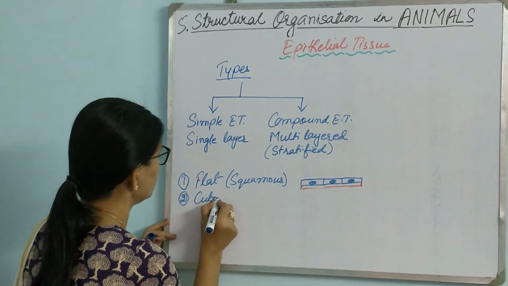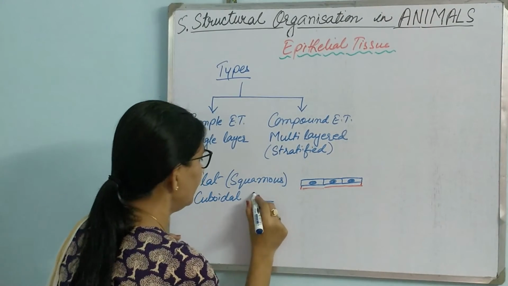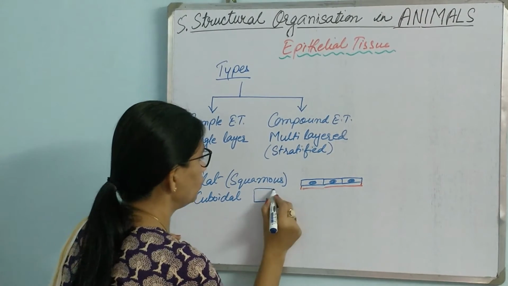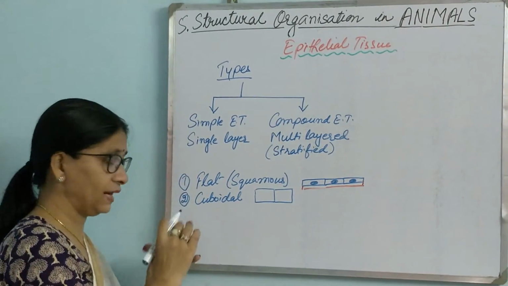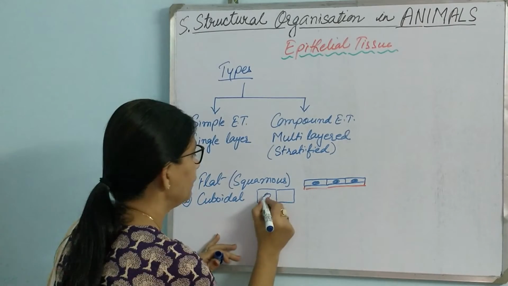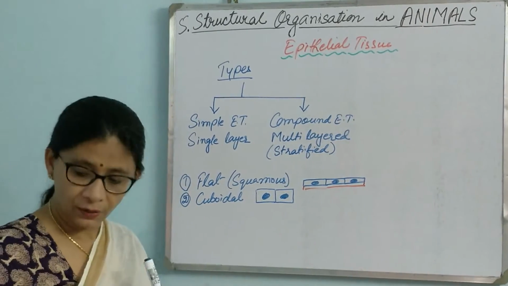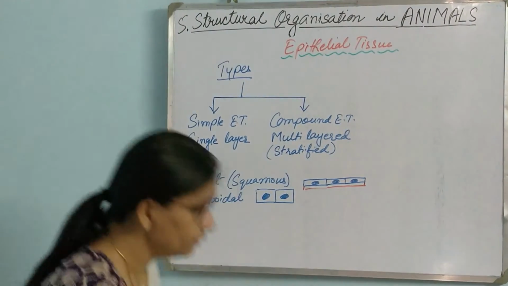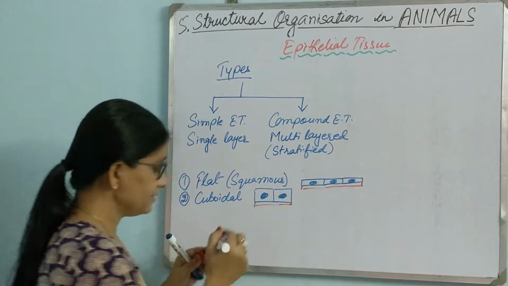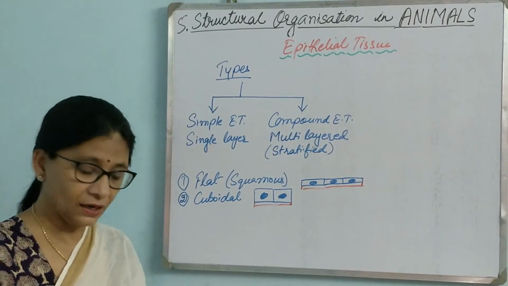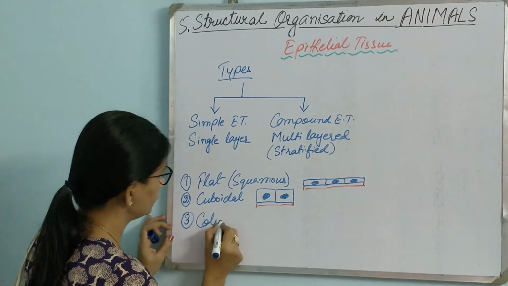cuboidal, in which the cells are a little broad, cuboid type, a little broad, length and breadth is almost equal, and the nucleus will also be in the center, and they will be sitting on a basement membrane. This is cuboidal. The cells are cuboid-like. Then the third type will be columnar,